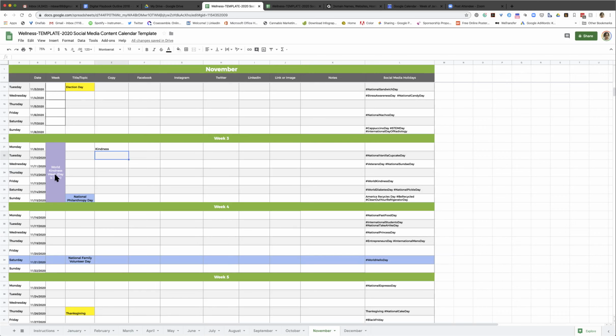And then on Philanthropy Day, you're going to time both of them, and that content's going to be a little bit different here. So National Family Volunteer Day is a big event. It's a national event, but it is also an event that this particular wellness company highlights in their own business. So what I like to do for that